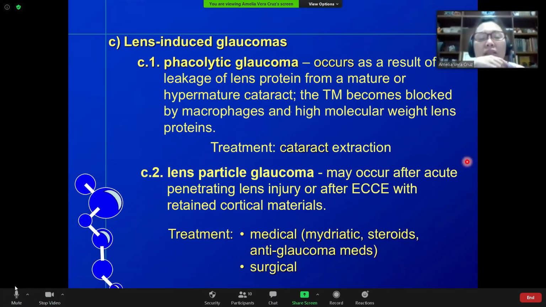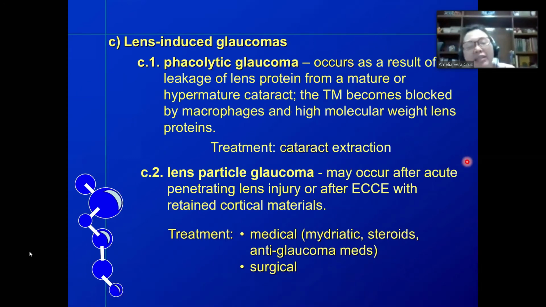Okay? So, since the cause is the cataract, the cause is the lens, so the definitive management is cataract extraction. So, once you remove the cataract, the glaucoma will disappear. Ha? Kasi mga secondary lang ito. Okay? Now,